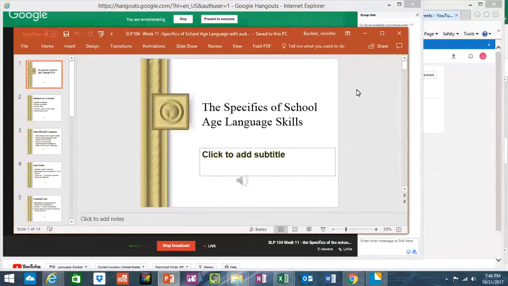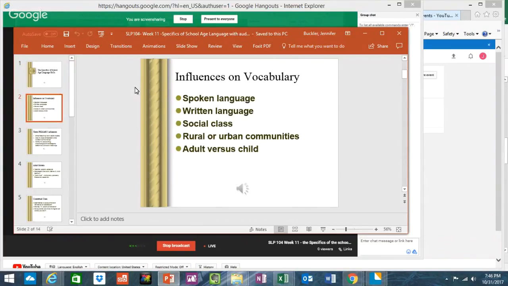We're talking about the specifics of what happens in the school age years now as we move continually through chapter 6. We've talked about the overview of how language is acquired through the school years, with pragmatics being the greatest area of growth and semantics being the second area of growth in the kindergarten through 12th grade years. Now we're going to talk a little bit more about that second area of growth and the influences on how